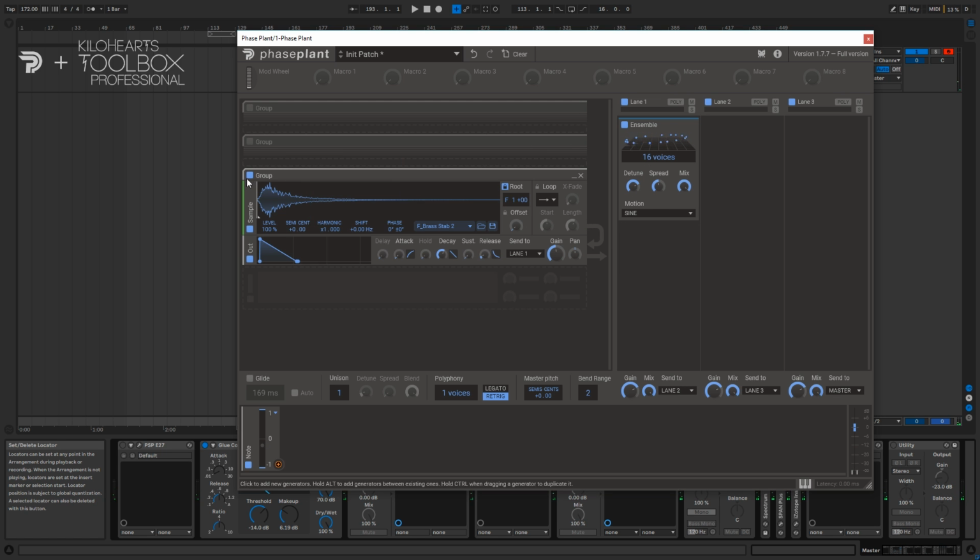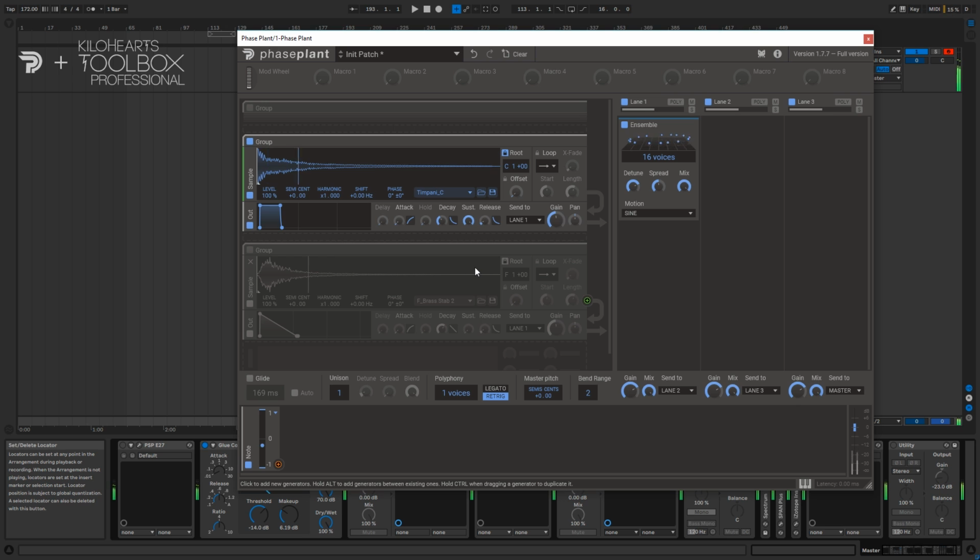Let's listen to what the timpani sounds like through that. Interesting. So you can use that to add more voices to it, and it's a pretty lightweight unison,